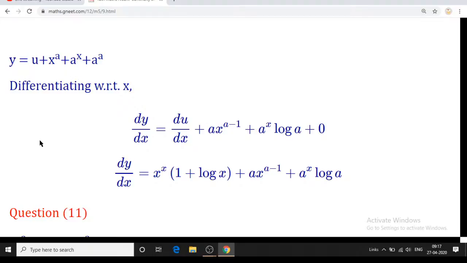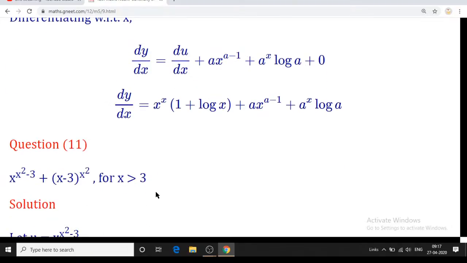Now when we go for question number 11, again I think it's easy, you can solve it because it is a variable raised to a variable, so it has to go by log. But we cannot go for the log directly because the plus sign is there. So assume separately, first is u, another is v, separate them, that is, find out the derivatives separately and then solve.